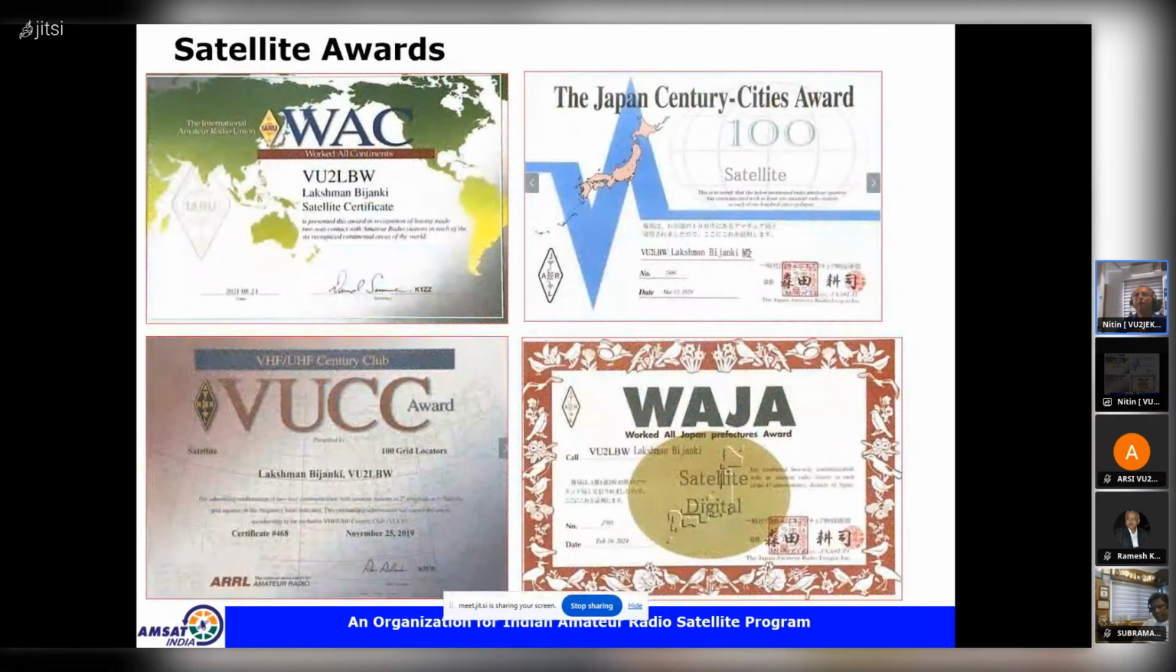And then satellite awards, right? Like what I mentioned about grid locations, working countries. There are awards that are issued by ARRL, by AMSAT organizations worldwide. So what you see over here is the accomplishments of our own Lucky, VU2LBW, who has several satellite awards by working through the amateur radio satellite. The first one, what you see, is